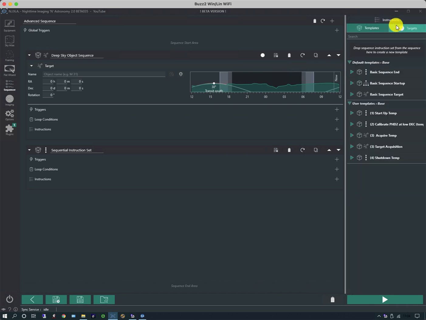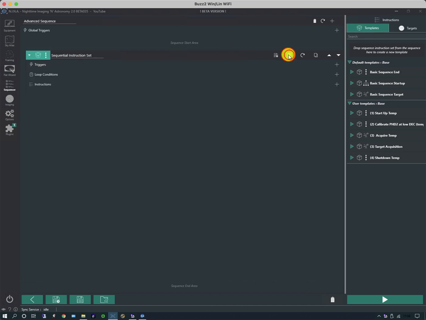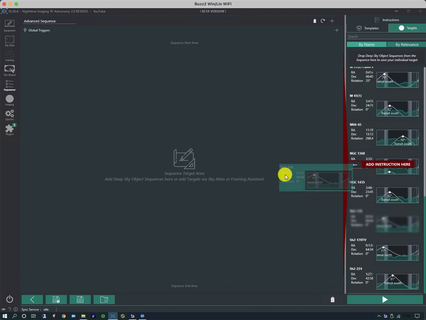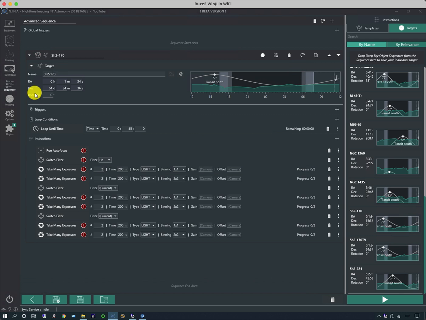So for instance, if I scrub this out completely and just get rid of it and drag in a target, this target will include not only the target information of the deep sky object, but it also includes in this particular case a set of exposure conditions at different binning levels and so on. And so you have a complete set of information here in order to take the target, which is useful,